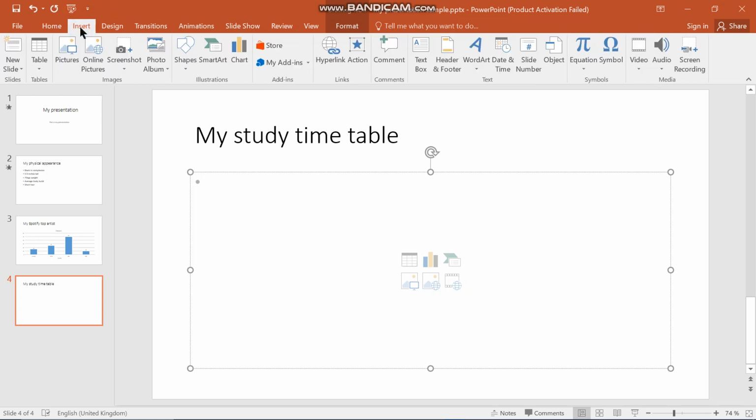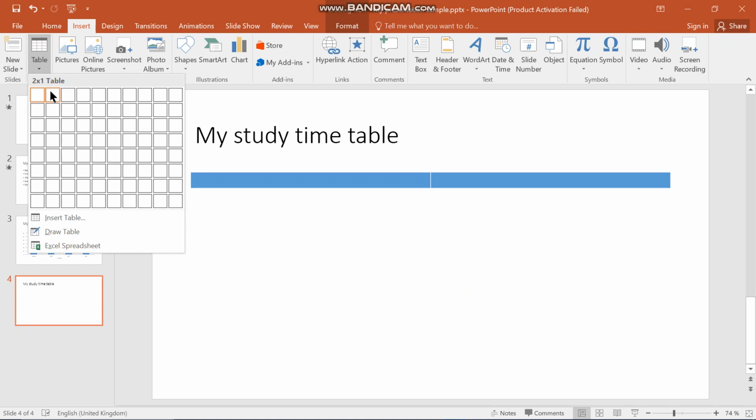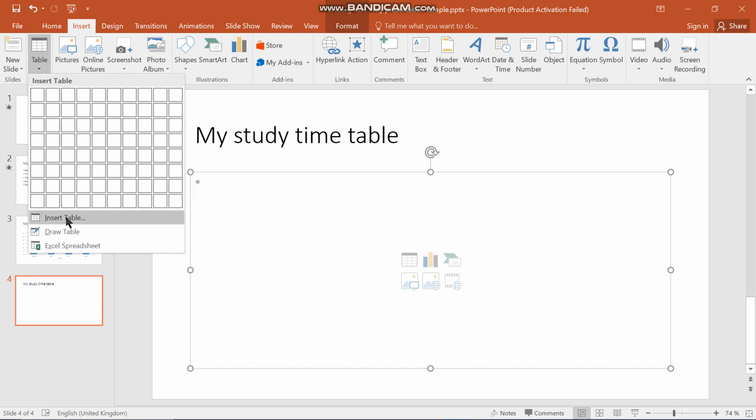tab. On the Insert tab, as you can see, there's the table button there, and you can just click on it. Just as in Microsoft Word, it has the same extension. You can use the same ways to create a table just like any other. You can use this method to create your table, or you can actually go to Insert Table, where you have